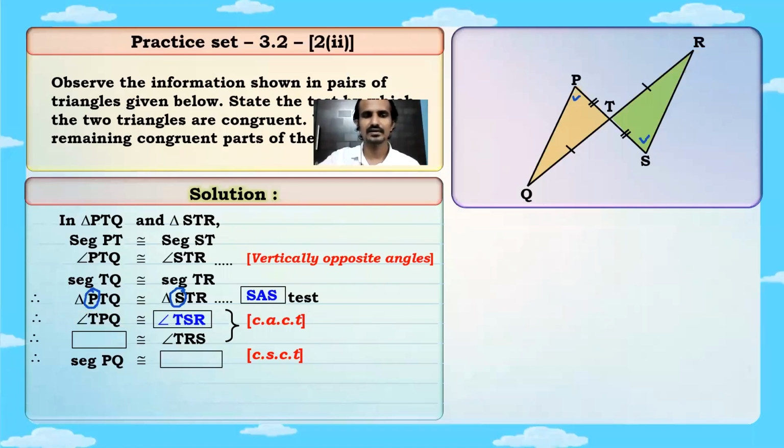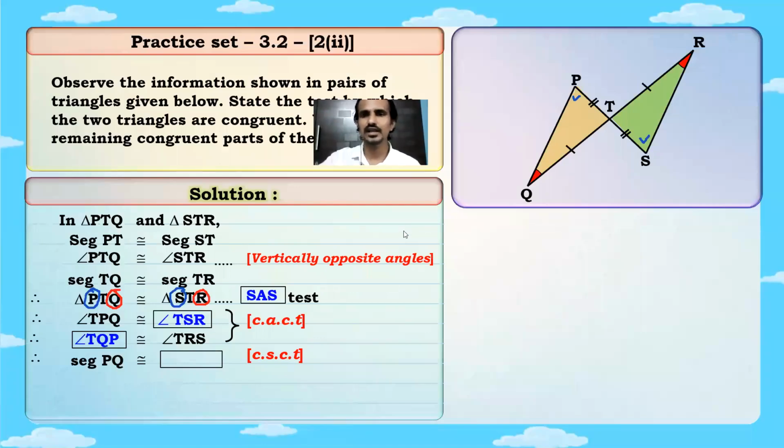Then TRS. Now TRS, that means angle R. R is congruent to Q. Okay, because in the triangles, look at the one-to-one correspondence. ये जो अपना Q है ना, angle Q and angle R, they are corresponding angles. Okay, Q and R, they are corresponding angles. So we can say angle TQP congruent to angle TRS.